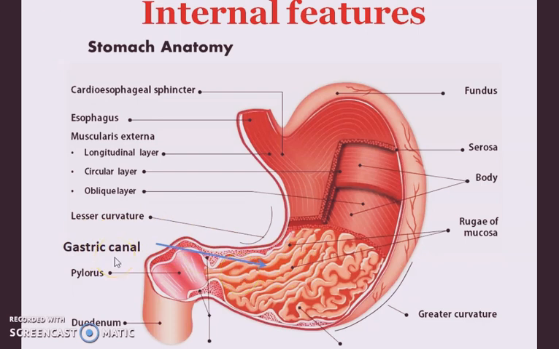This gastric canal permits faster passage of fluids along the lesser curvature. Thus, the mucosa along the lesser curvature is subjected to maximum insult because of spicy food, alcohol, or other irritable fluids, hence is often a site of ulcer. You can also see the pyloric muscle at the pyloric end.